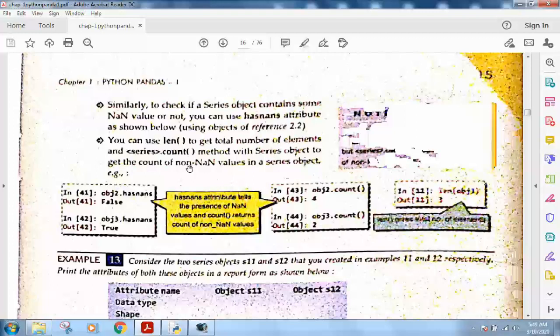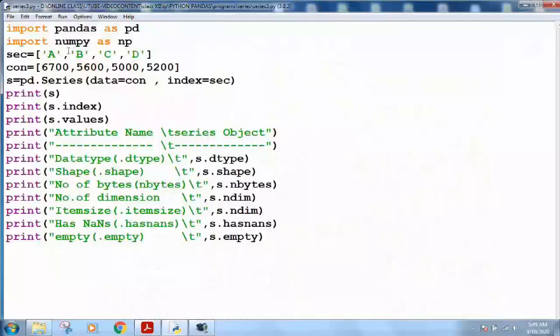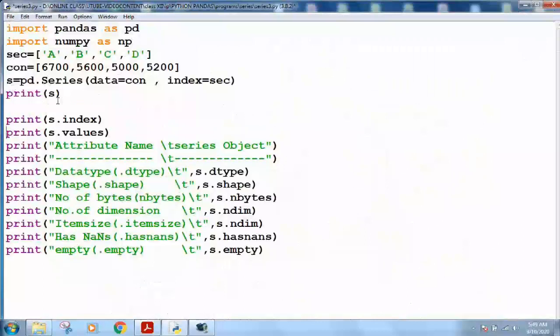Now this example I am showing you in Python. See, this is the example on your screen, this is the series created. Now in this series, if you want to get the index, if you want to get the values of this series, and other attributes like data type, you can use dtype.